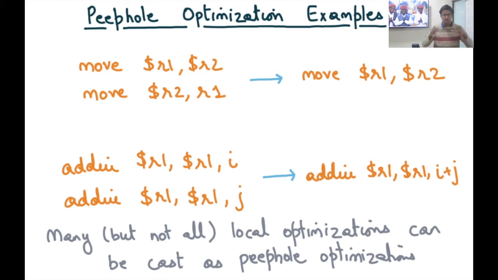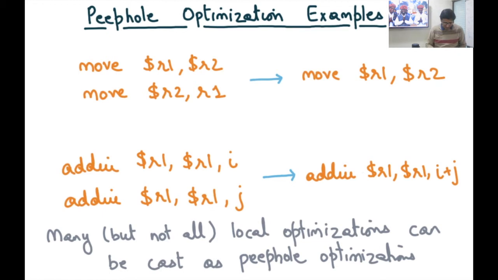And in this case, you can just run a peephole optimizer. It's called a peephole optimizer because it just looks at a peephole of instructions, a small window of instructions, and keeps sliding down the instruction stream and checks for any instruction sequence that matches the pattern. And if it does, then it just replaces it with the replacement pattern.